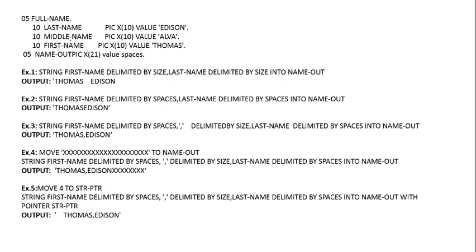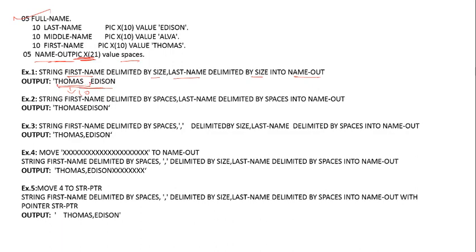Like you can see this example, full name. We have to copy this into name out. Its pic is data type value space, string first name delimited by size, last name delimited by size into name out. So Thomas Edison will be its answer, means this will be 10 characters, it says 10 size, so 10 size will be Thomas.